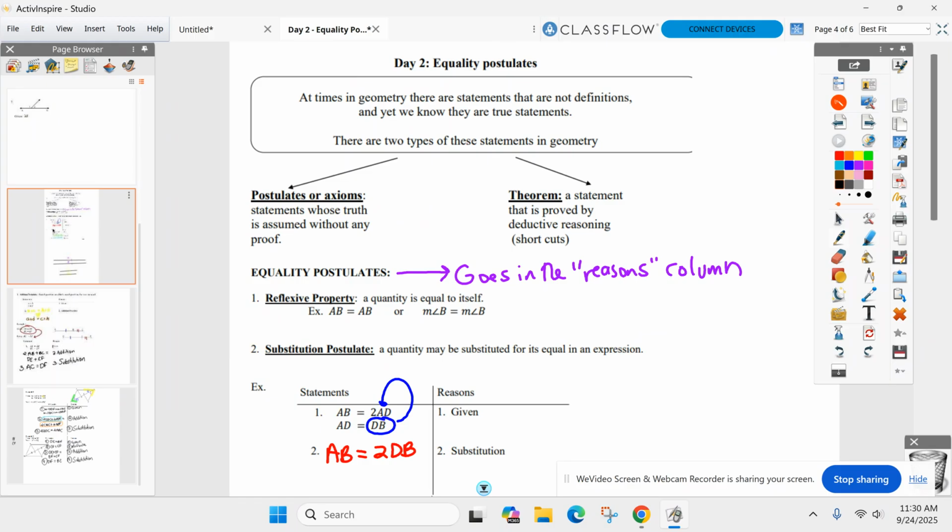Work with other people if you'd like. Call me over if you have questions. But once you start with number 5, start putting